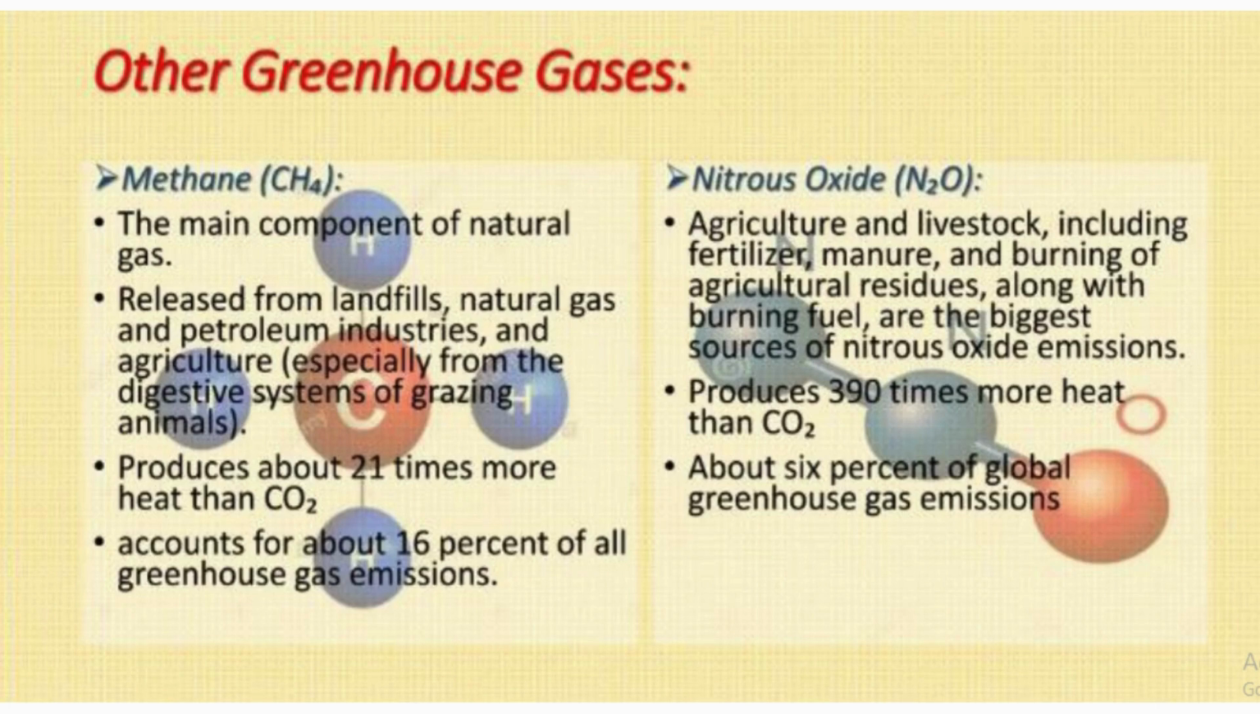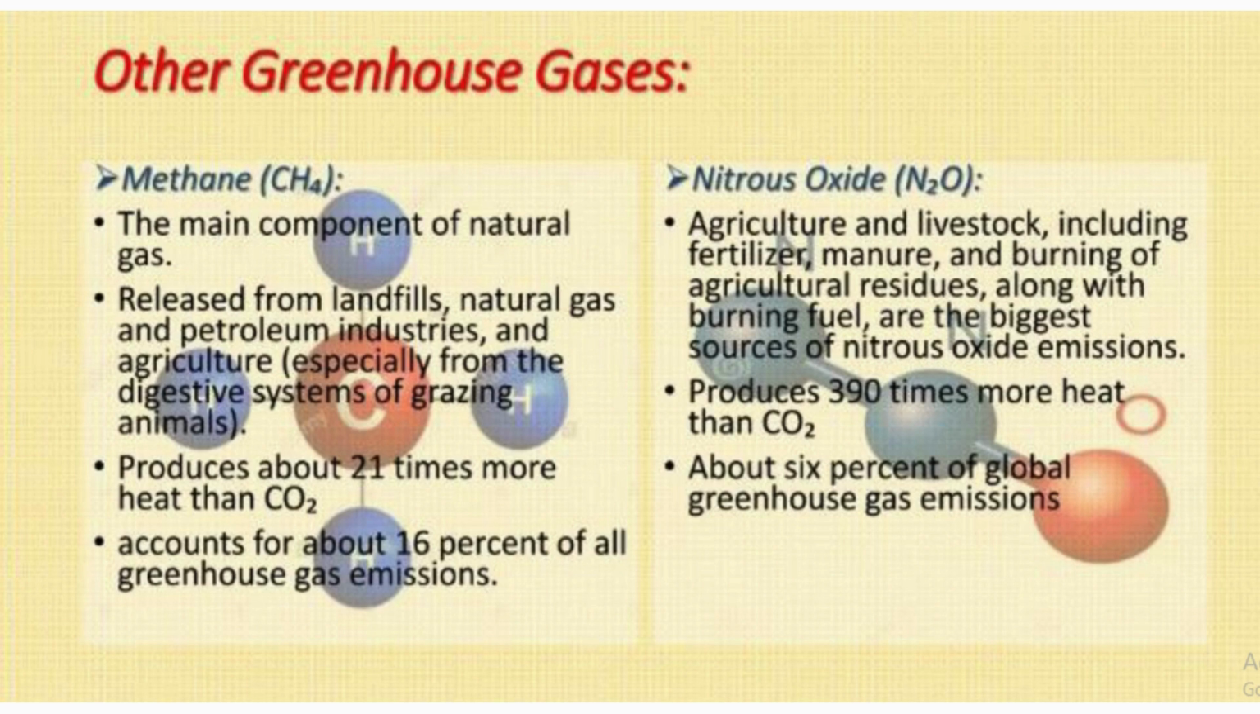Other greenhouse gases such as methane and nitrous oxide also affect the climate. For example, methane is the main component of natural gas. It is released from landfills, natural gas and petroleum industries, and agriculture, especially from the digestive system of grazing animals. It also produces about 21 times more heat than carbon dioxide and